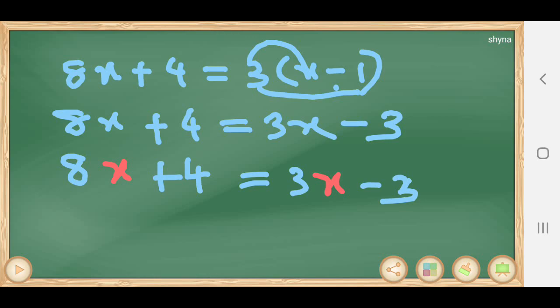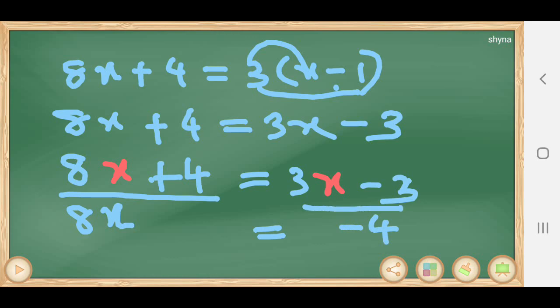We have to transpose the terms with variables to one side. If it is on RHS or on LHS, no problem. Here 8x, I am keeping this variable term on LHS. In 8x plus 4, 8x is the term containing the variable. Same, not transposing, so it will be in LHS. Then what is the next term? Plus 4. The variable term is on one side, so the number should be on the other side. So this plus 4, while transposing, will be minus 4.